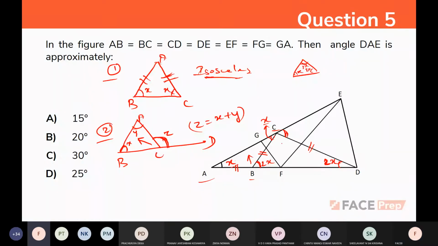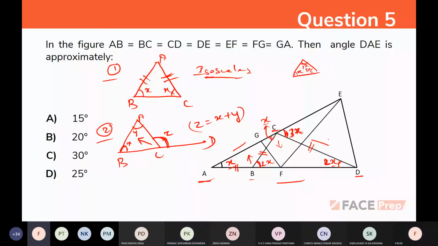So we take this big triangle. Can you see this big triangle? Add the opposite base angles in this big triangle. By adding x and 2x, it will be 3x. Clear? Okay. Any doubts? 3x again.